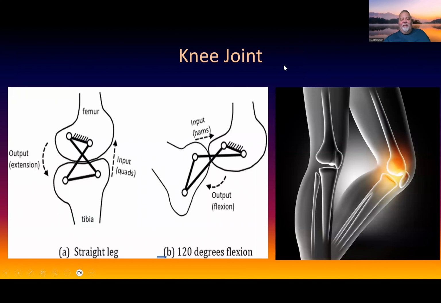Another system that we see is the knee joint. The knee joint is really an interesting system, and it has a four-bar system. These are, let's see, tendons, I think it is, that go from one to the other, or maybe it's ligaments, I forget. Anyways, they are connecting like this, and of course, if you move one way, you can extend the leg, and then if you bend it another way, you can flex the leg.